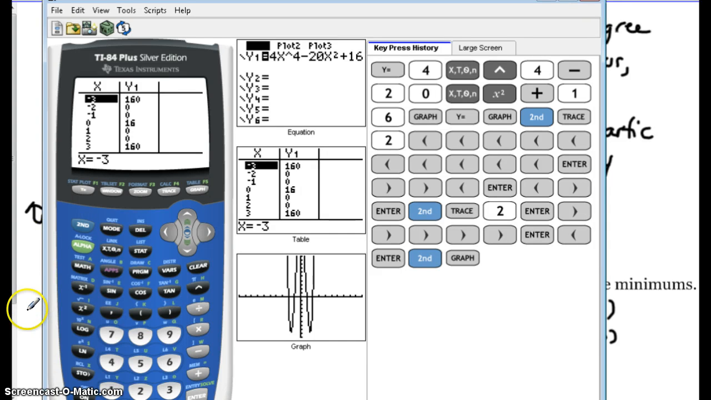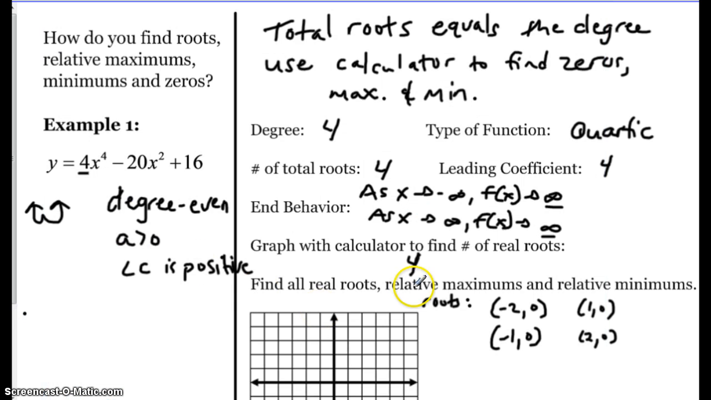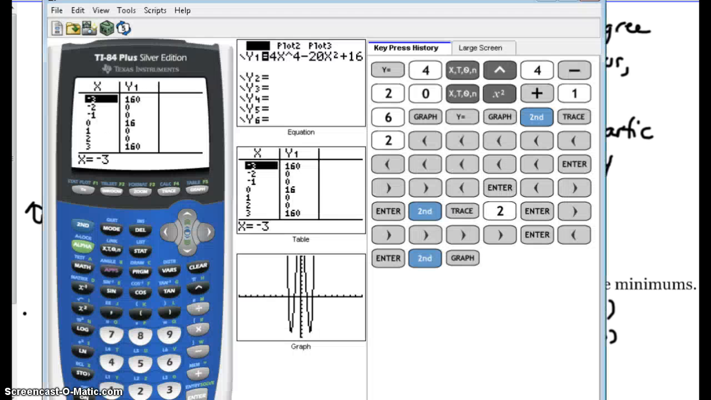Okay, the next part they want us to find are the relative maximums and minimums. I believe I've shown you this, but just in case you forgot over the break or I haven't shown you, we find the relative max and mins the same way using the calculator, and it will be second and trace,